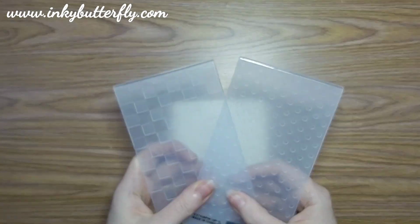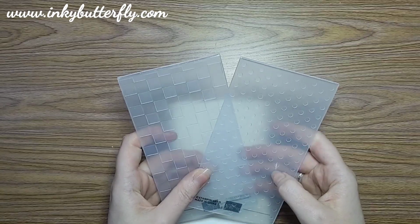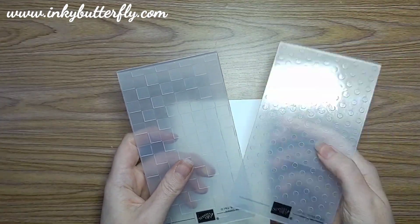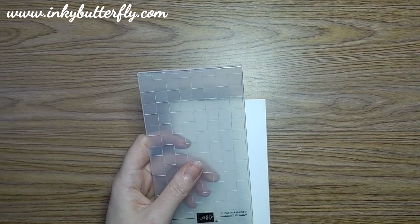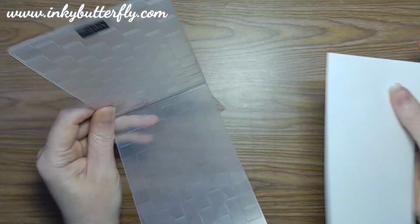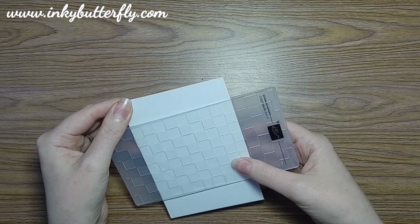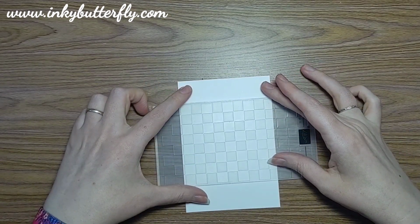So the embossing folders, there's a pack of 2 that are new in the annual catalogue that was released in May. So we've got the spots and checks. So the spots was what I used on the sample card there. Nice, you know, generic sort of pattern. So just so that we spin it up a little bit, let's use the checks this time. And rather than sort of traditionally putting your card in this way, I'm actually using the folder to put this impression across the middle. Alright, so I'm going to just line that up